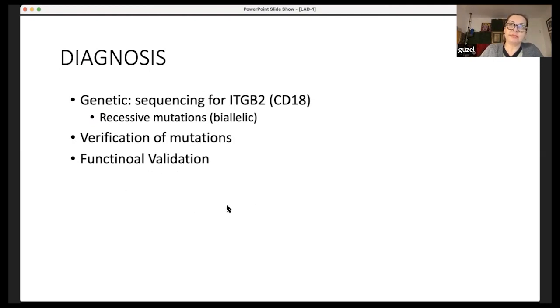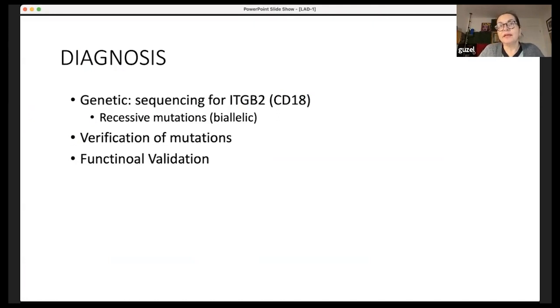verification or functional validation. So there's this whole issue of functional validation still, if we want to understand how functional CD18 is in LAD1. Still, there are several patients we have followed over the years where they had a mutation that led to diminished function of CD18, but not necessarily absent function. So you want to have an understanding of how functional this residual CD18 is. And that's when functional studies come into play. And there are several different ways of